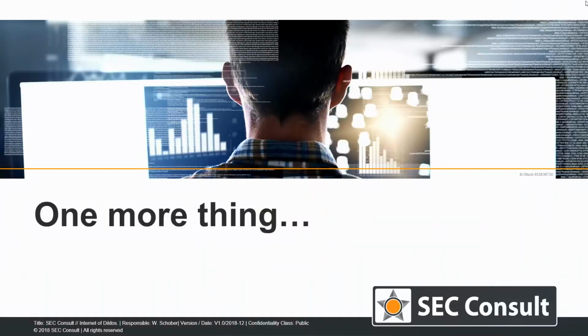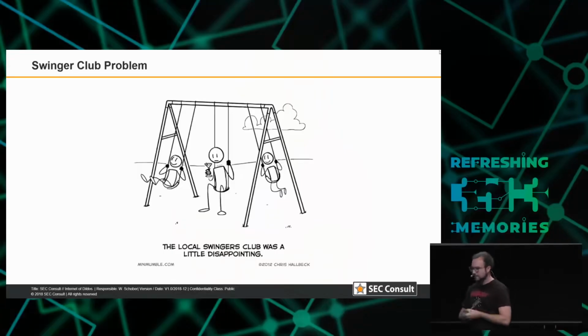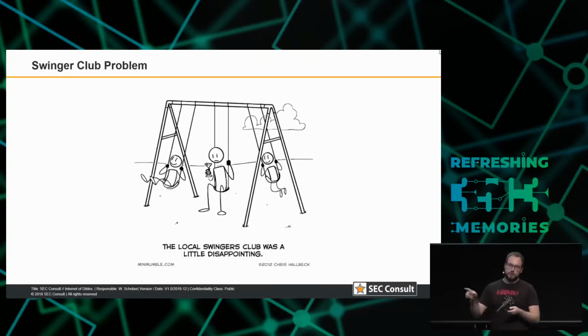Okay, there's one more thing. I had a lot of calls together with the manufacturer and the German CERT-Bund. And one call was outstanding because we were discussing the remote pleasure vulnerabilities, and we tried to explain to the manufacturer that it's not good that you can basically, out of the box, pleasure everyone on the internet or if you're nearby. We told them that it should be at least an opt-in feature where you can switch on this feature